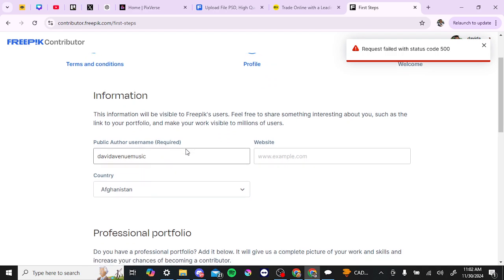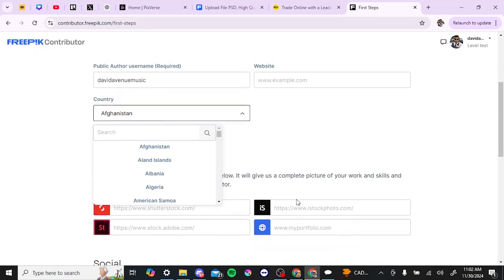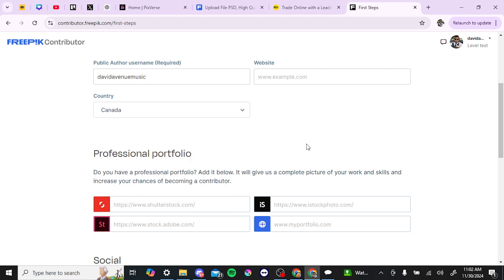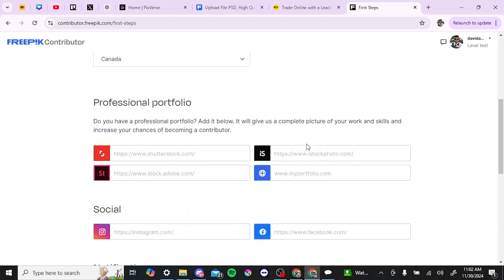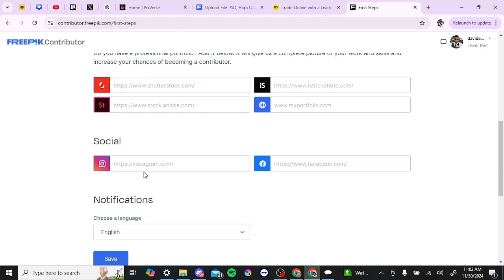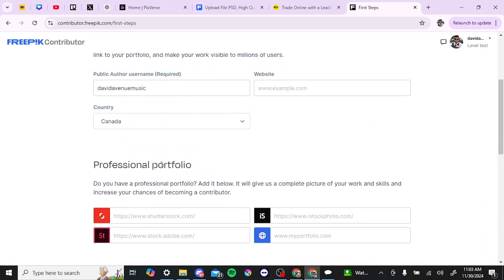And here it's going to ask some basic information. I did get an error code there, so I'm not sure exactly what that's about, but we're just going to go ahead and take this step by step so that you have an idea of what you might encounter as well. So then from here, we have a professional portfolio. So here's where if you have a portfolio, you're going to want to add that. And also if you have social media links that you want to add, it looks like it's just giving you the option for Instagram and Facebook, and also for